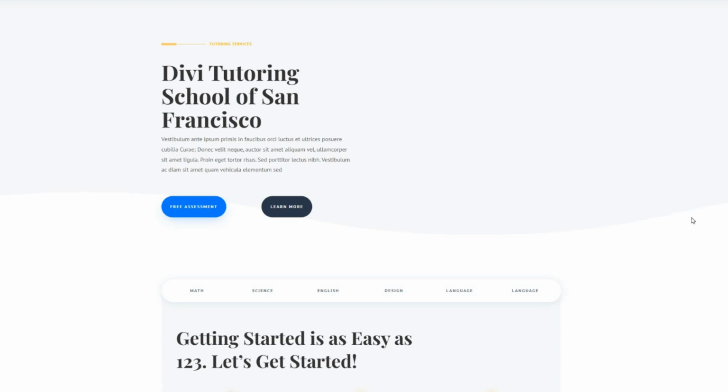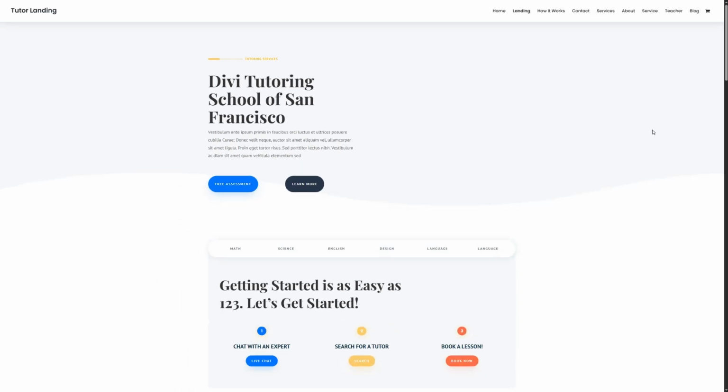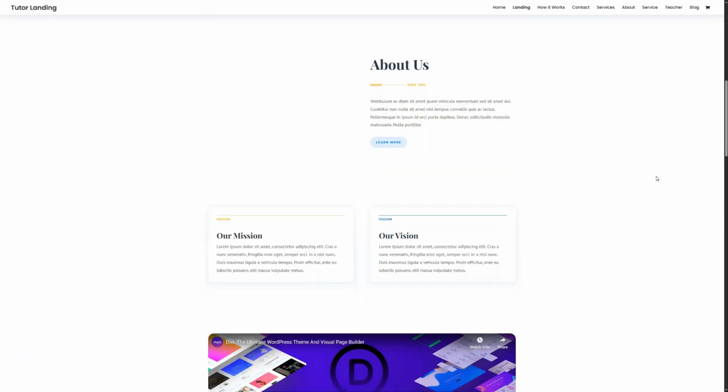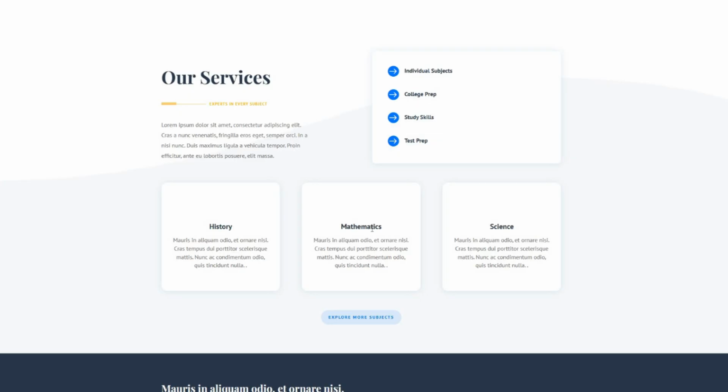First, we have a great hero section. It immediately captures attention while efficiently outlining your primary message for a strong first impression. The About section follows, showcasing your background and mission statement in a straightforward yet impactful manner. Moving on to the Our Services section, it's skillfully arranged to highlight each service you provide, ensuring clarity and appeal